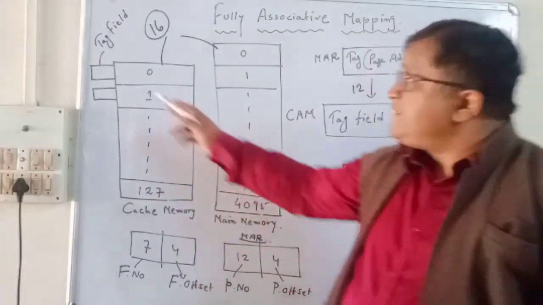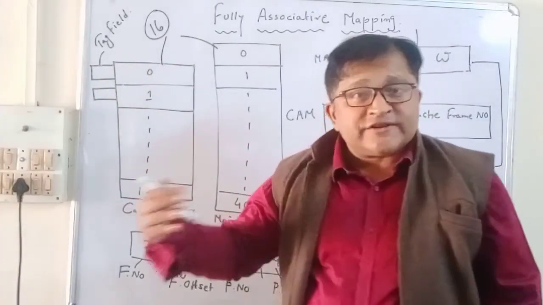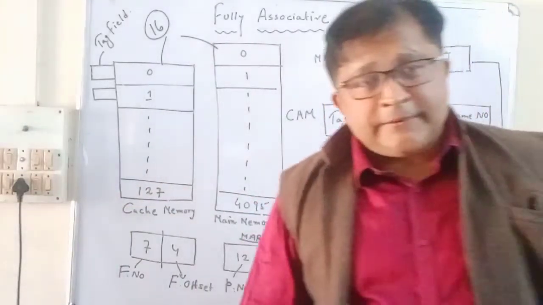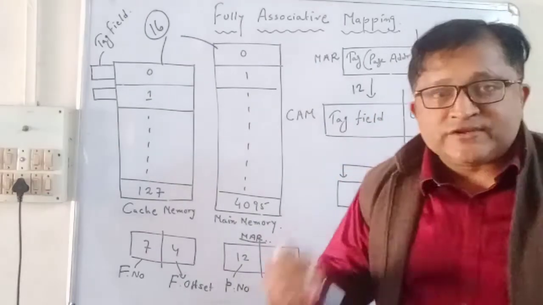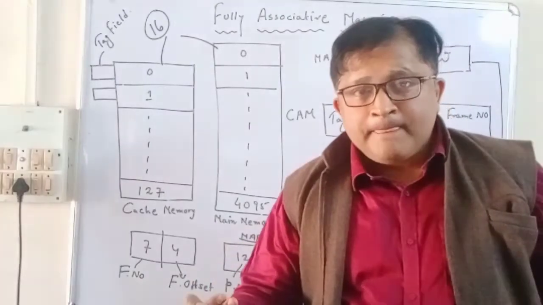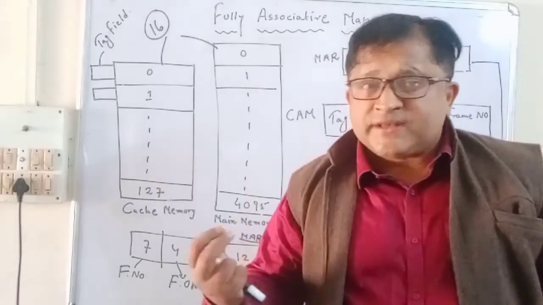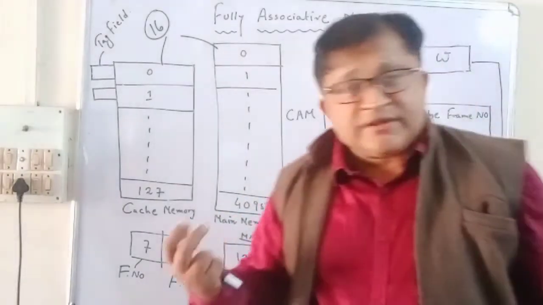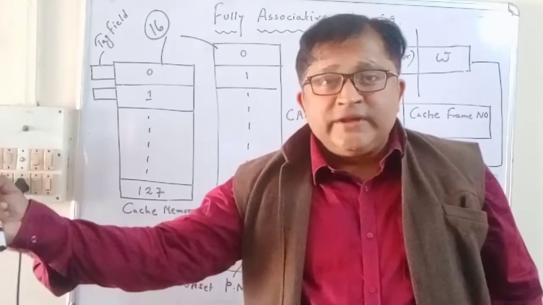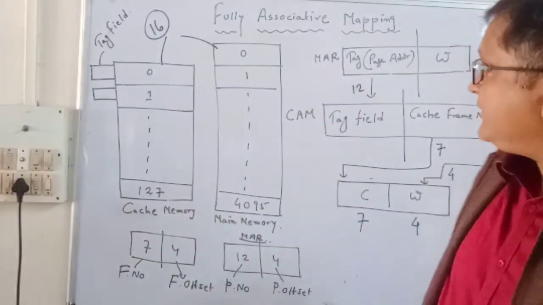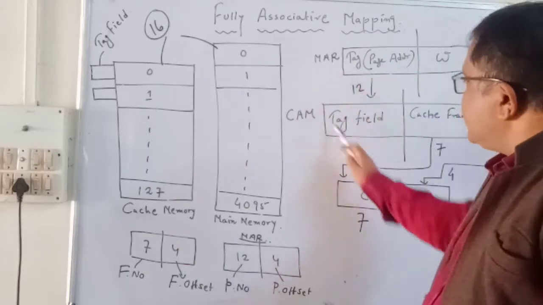So the content addressable memory stores the page number and the corresponding frame number where that particular page is loaded. At the time of searching, what happens? It's very easy to search. Suppose we want to search for a certain page of the main memory in the cache, for example page number 100, and find in which frame of the cache memory page number 100 is loaded. How do we find it? The page number is 12 bits, and that page number is searched here.